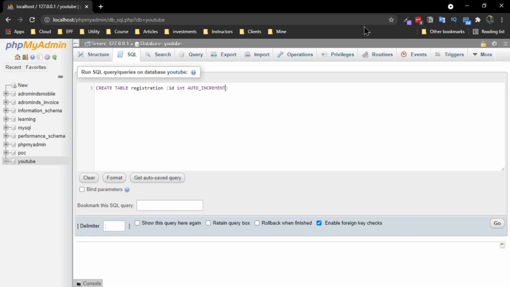Auto increment is actually the trigger whenever I'm trying to create one entry into this registration table, then automatically the id value will get incremented by 1. Also, I'm marking this specific column as primary key, so that this column is going to be unique, which will not allow any duplicate value as well as null value. Whenever you are marking a specific column as a primary key, an index is created internally for that column, so that whenever you're using that column while querying, your performance would be better.